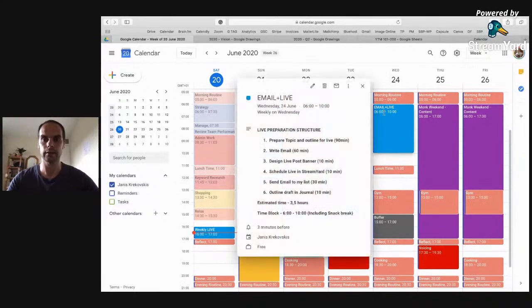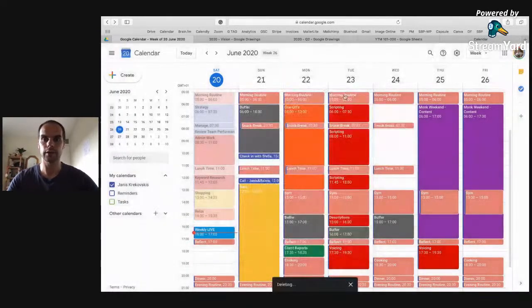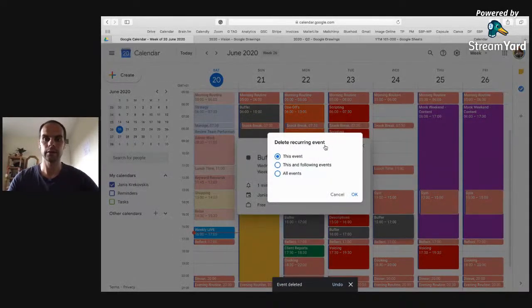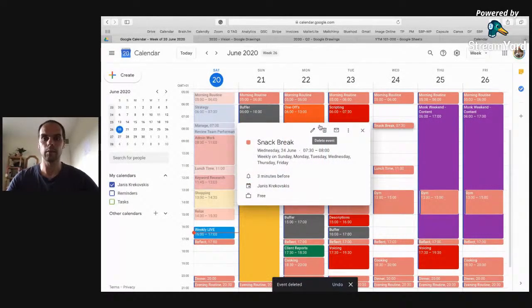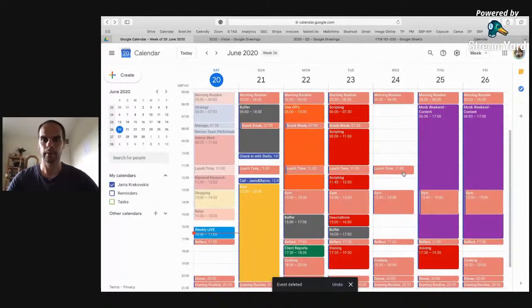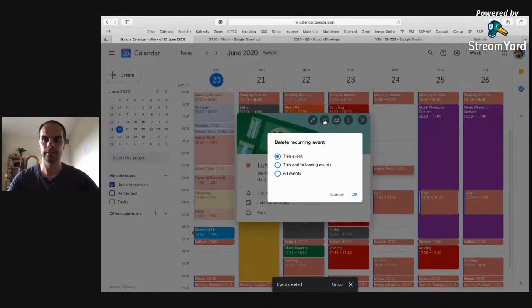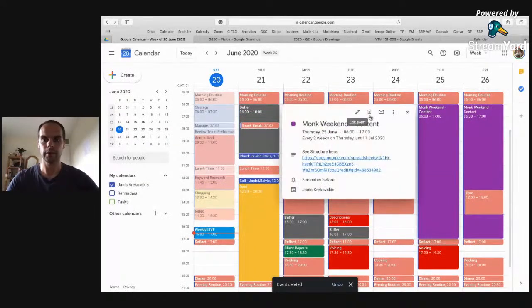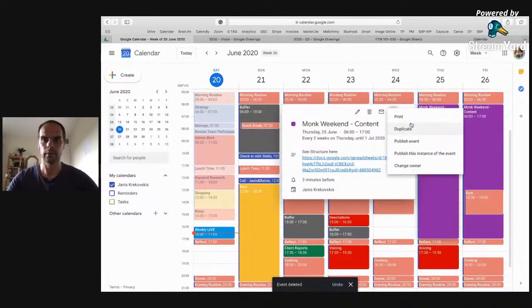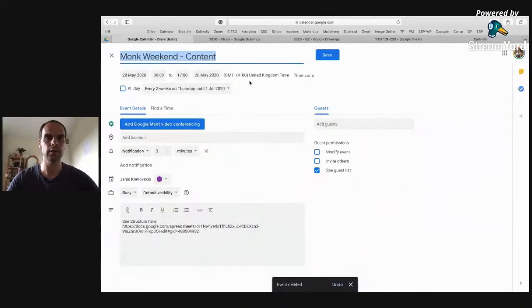I need to go back and get rid of this, because I'm going to be preparing the following week, and I'm going to create another monk weekend day. So we're going to do this. And then we're going to copy this time block. And I just want to show you guys how generally easy it is to modify your week throughout the